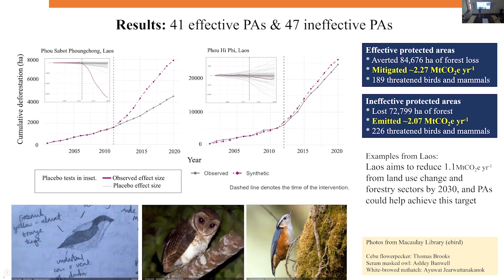You could use something like a null model to get a p-value of the effectiveness. What we do is take all the unprotected patches that you're comparing with, make a null assumption that they are being protected, and run the model again. It tells you whether the pattern you're seeing is by random chance or not. So we found 41 effective and 47 ineffective